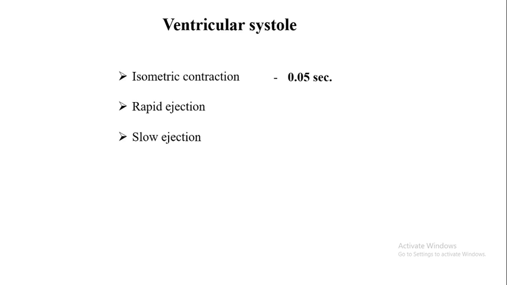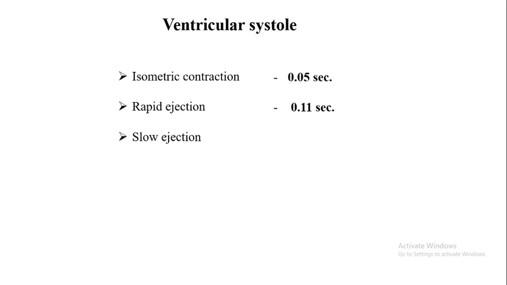The pressure inside the ventricle is more than the pressure inside the aorta. Hence the blood is rapidly ejected from the ventricle into the systemic aorta and pulmonary aorta, and this rapid ejection lasts for about